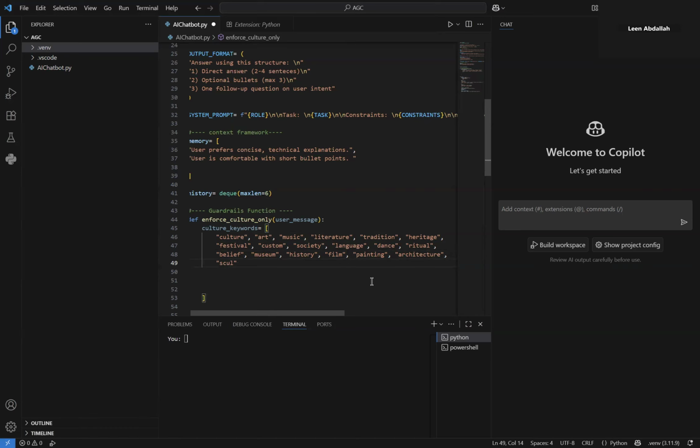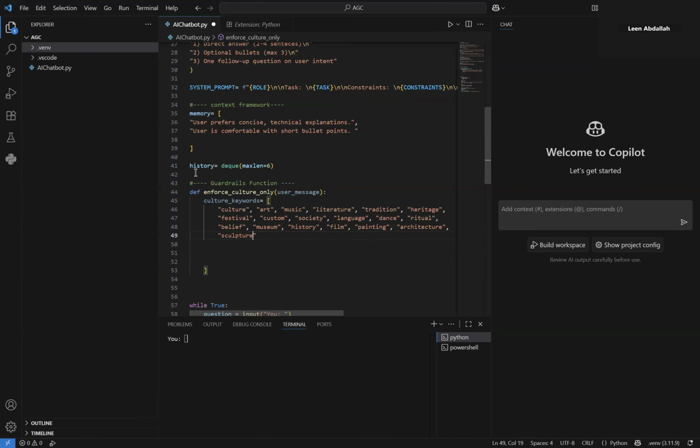I mean, you can add whatever keyword related to culture that you can think of. These are just the ones that came to mind, but you can add any keyword that might be related to culture. And so what we're gonna do is we're gonna check if